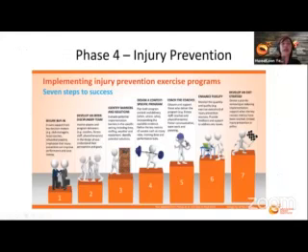Okay. So the last phase itself is that when you get back to full training and performance, that's where you also start to look at injury prevention. And we know that injury prevention can have many different factors and many different strategies based on the type of injuries and the type of sports that you play. And also there are the intrinsic and the extrinsic risk factors of the individual athlete itself. So with that, we basically have to draw up an injury prevention program.